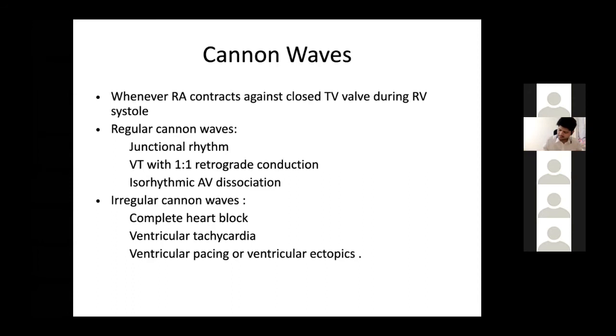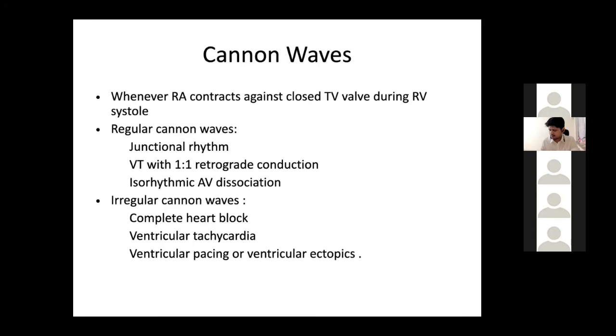So what is AV dissociation? You get more V waves compared with P waves. That is what is known as AV dissociation. So if there is one-to-one conduction in a VT, you get a regular tachy Cannon wave. However, if you get a ventricular tachycardia with AV dissociation, as you already know, AV dissociation is a typical finding in ECG. If you get that, it is VT. If you do not get that, it doesn't mean it's not a VT. It can still be VT, but if you get that, it is a VT on an ECG.